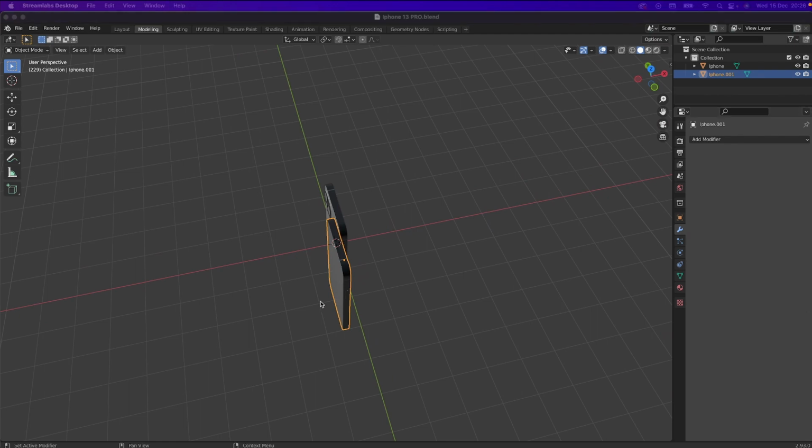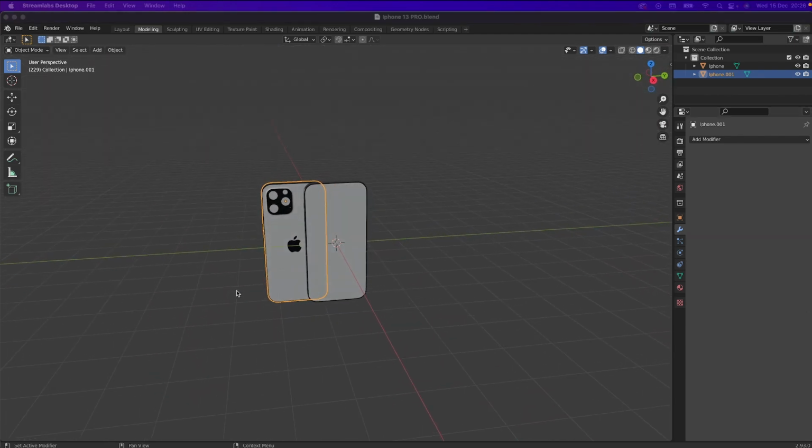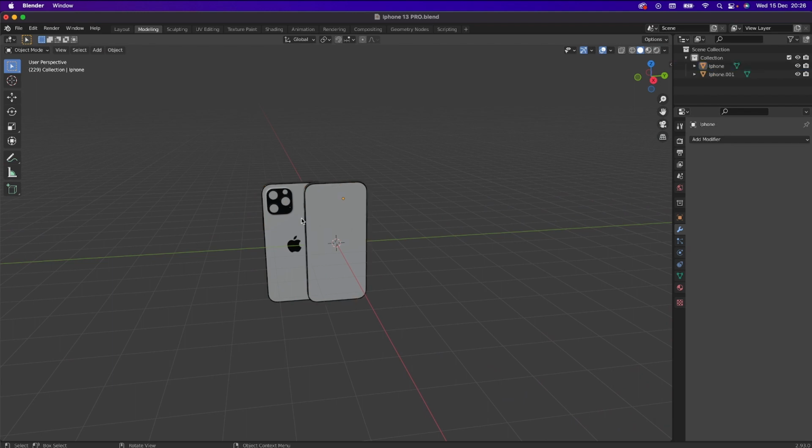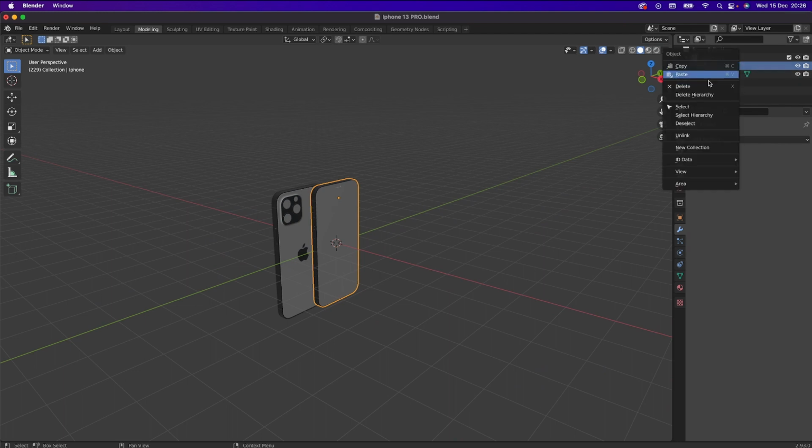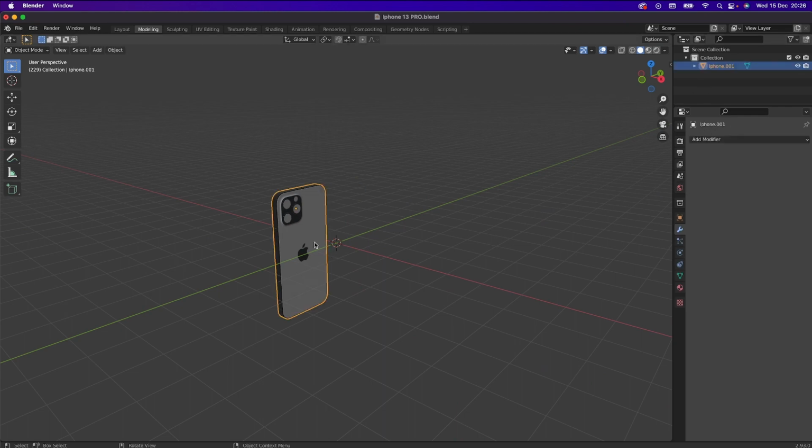Okay. So what essentially I want to do is get one of these because they're the same. So if you just click on them, you can select them. And here it's kind of like layers tab. You can get rid of one just by right clicking and doing delete. All right, so we have our model here,